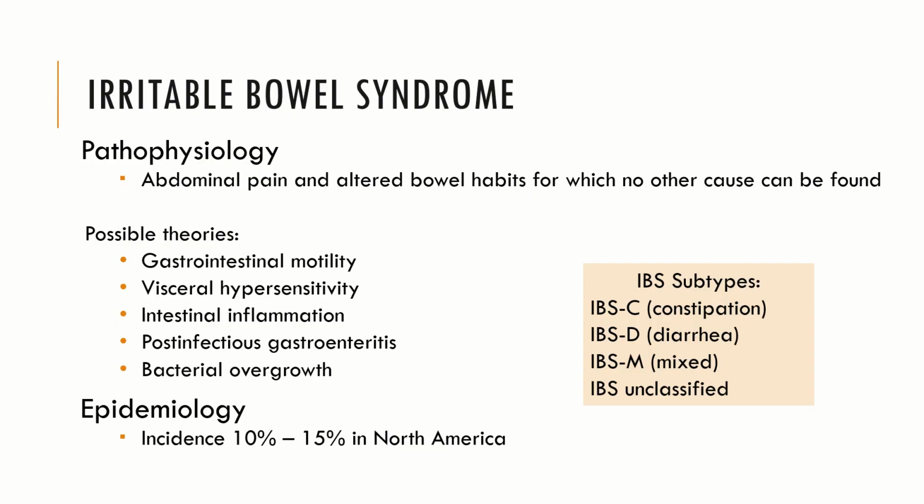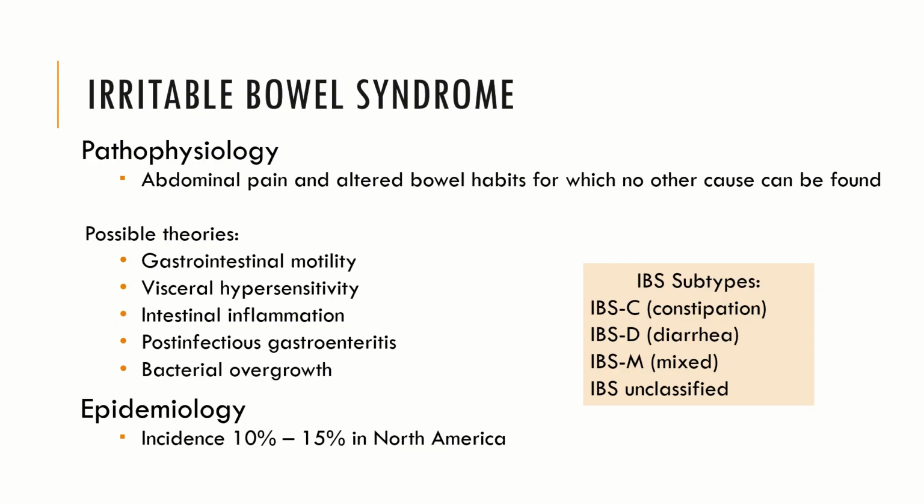the treatment for IBS. Possible theories for IBS are GI motility issues, visceral hypersensitivity, so maybe sensitivity to certain types of foods or medications, whatever we're putting in the body, inflammation of the intestine, post-infectious gastroenteritis, so maybe some infection is lingering in the GI system causing some of these symptoms, and bacterial overgrowth, so if there is bacteria in there and it is getting out of hand, that can also cause IBS to inflame